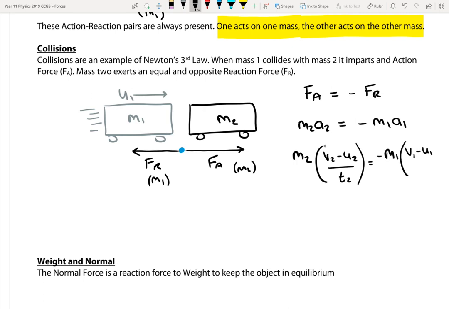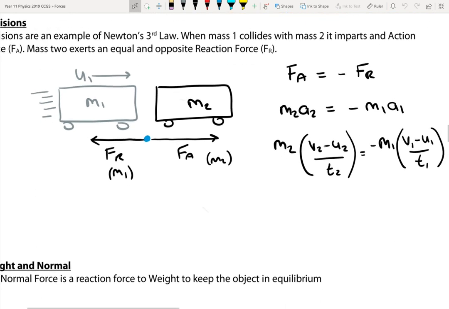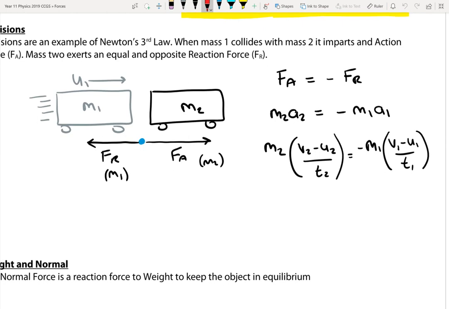V take U over T. Now, this should be easy to understand that cart 1 is in contact with cart 2 for the same time that cart 2 is in contact with cart 1. So we can cancel out the times. All right? And then this gives M2 V2 take M2 U2 equals negative M1 V1